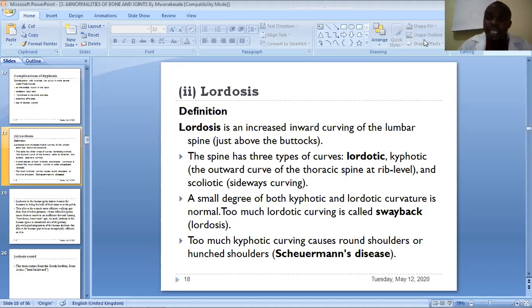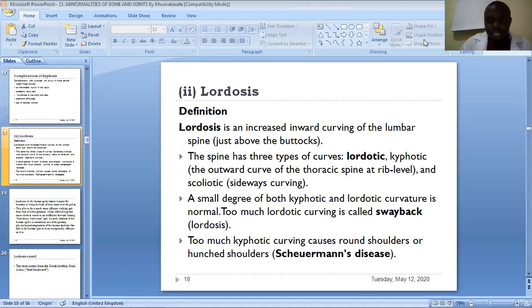So what is this lordosis? Lordosis is an increased inward curving of the lumbar spine, which is usually just above the buttocks. Other books would say it's an orthopedic condition where there is an exaggerated inward curve of the lumbar region characterized by back pain